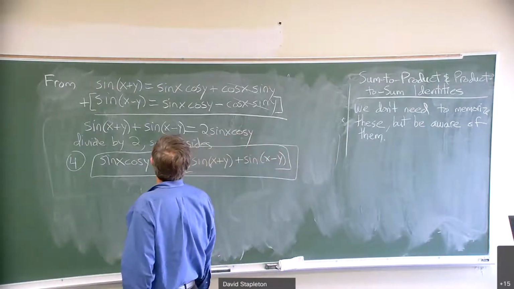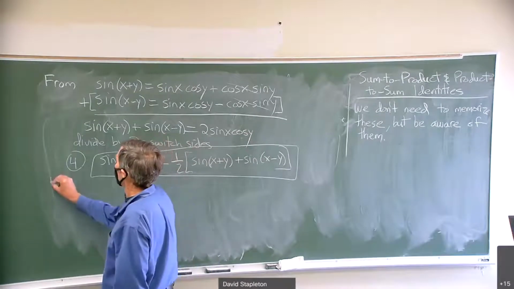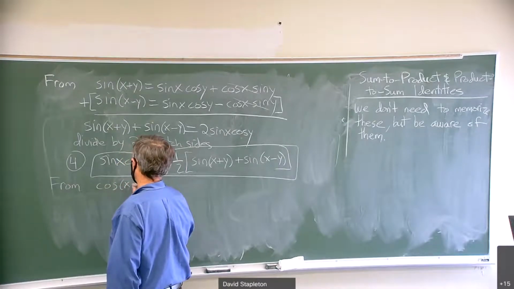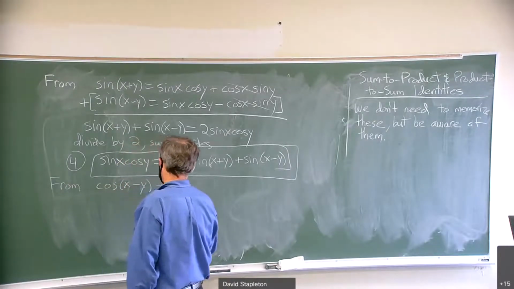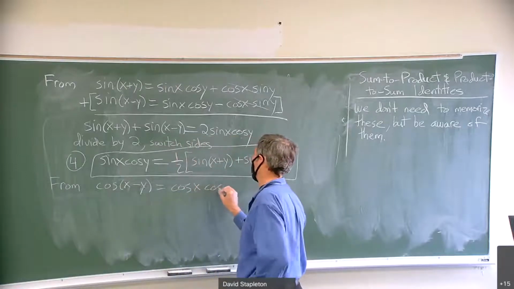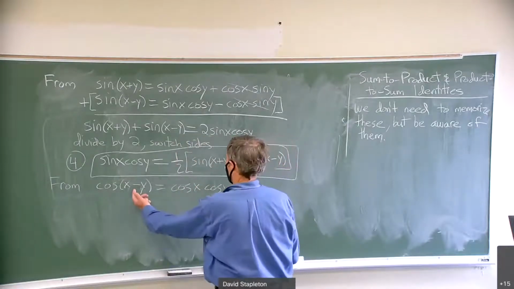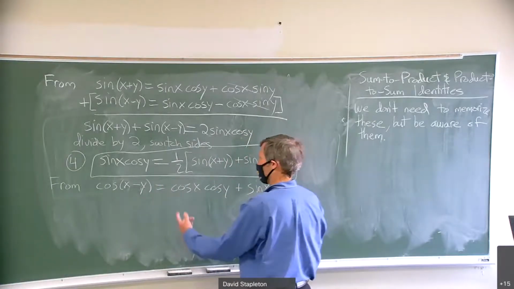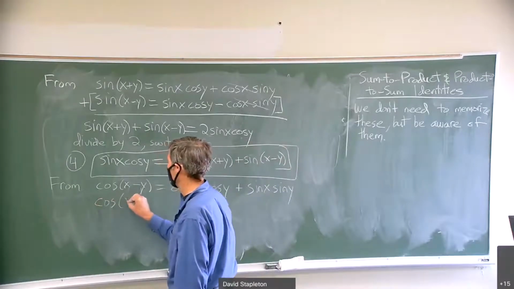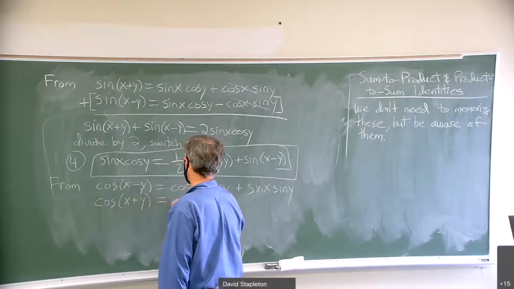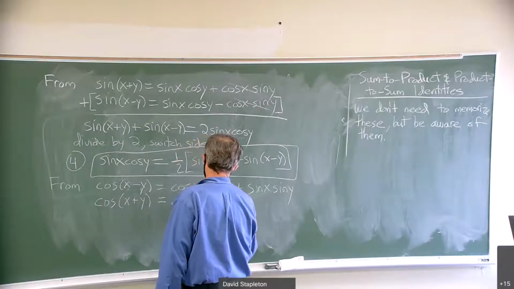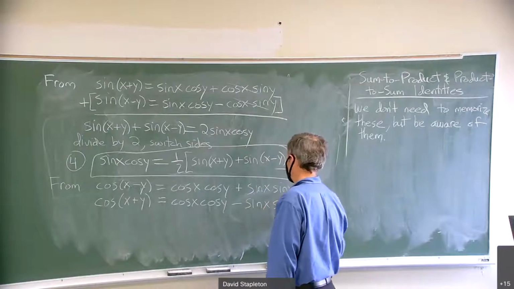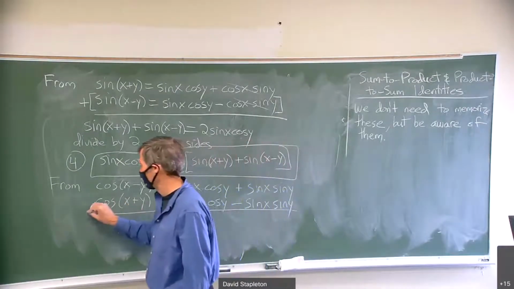Now, similarly, from the other identity, cosine x minus y, let's do x minus y first, is cosine cosine plus sine sine, right? Cosine minus goes with plus. And plus goes with minus is the other one. Cosine x plus y is cosine cosine minus sine sine. If we do the same thing, once you see these proofs, you can kind of figure out